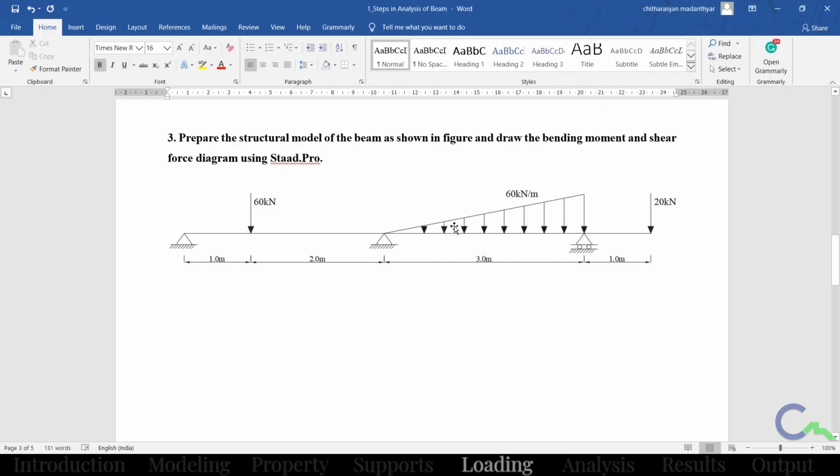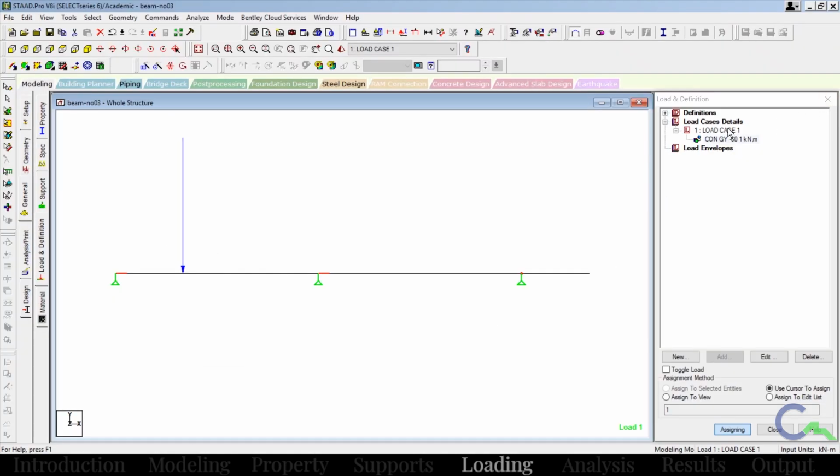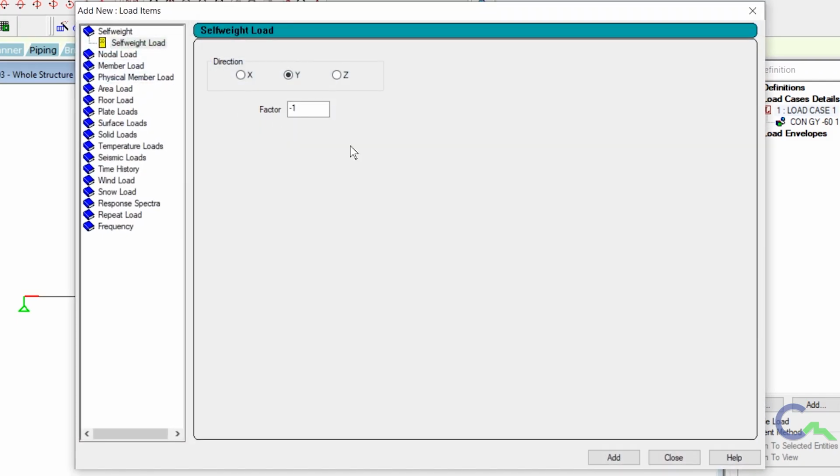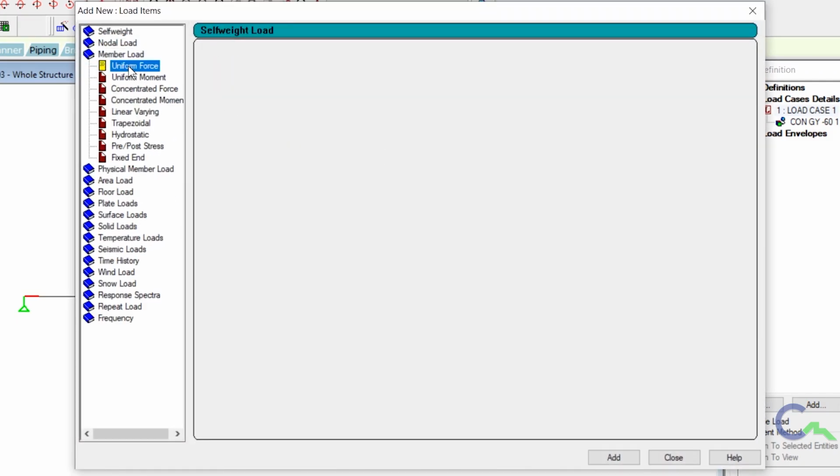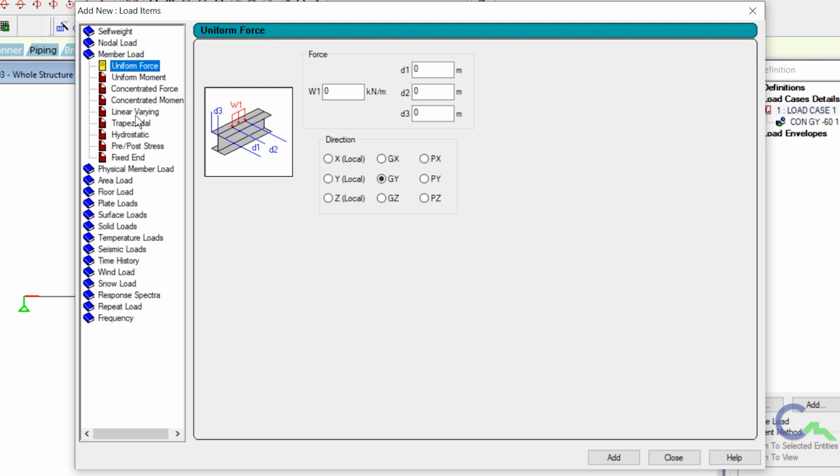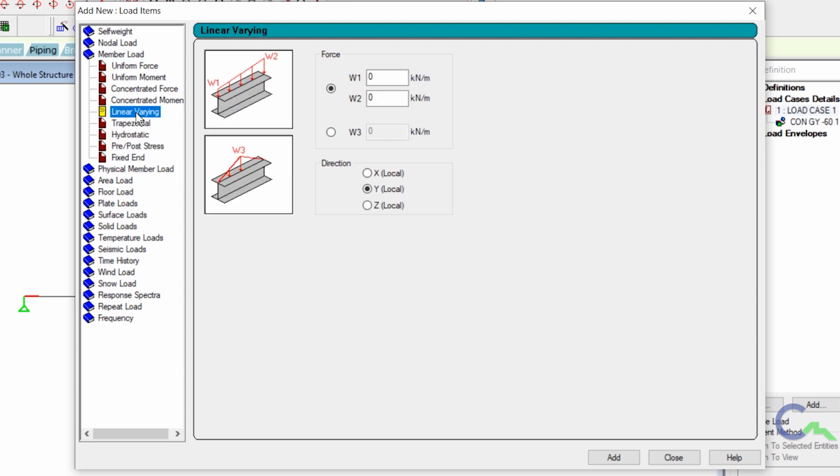The next load I am going to create is 60 kilonewton per meter, that is UVL. So in STAAD.Pro, under load case, under the same folder I am going to create it. Under the same folder I will click on add, that is member load. Under that we will get the option linearly varying.